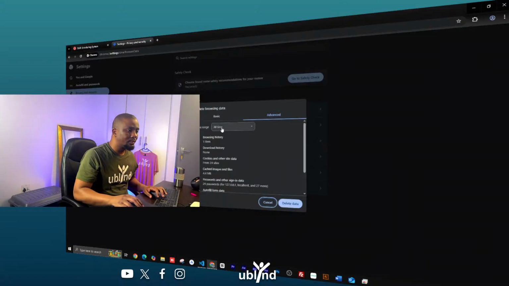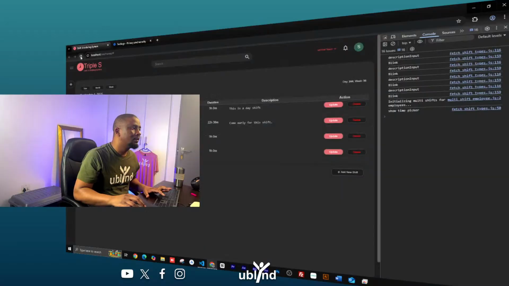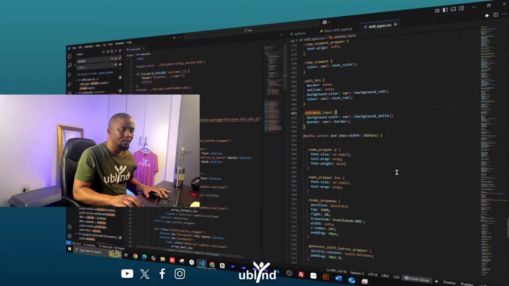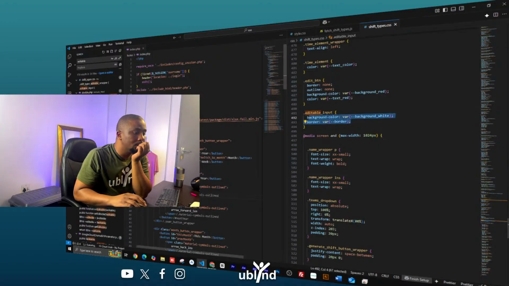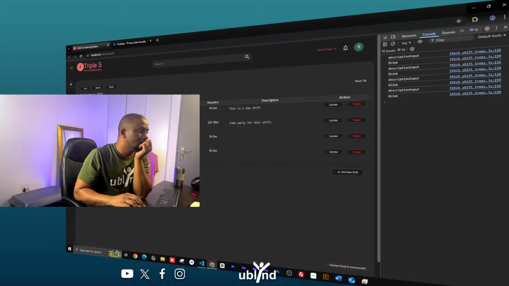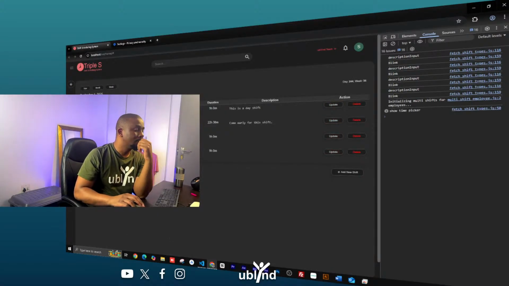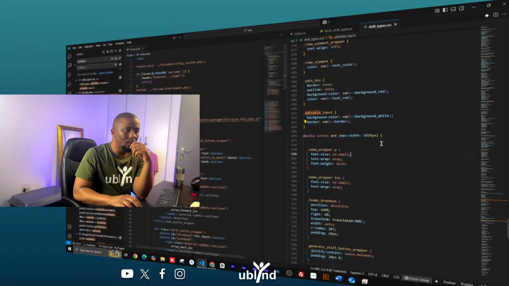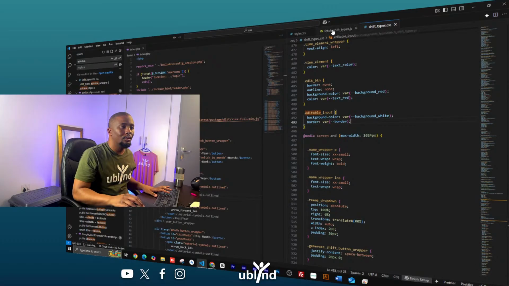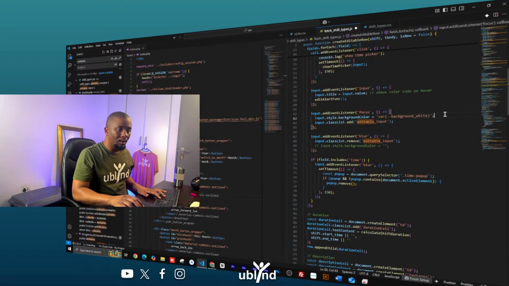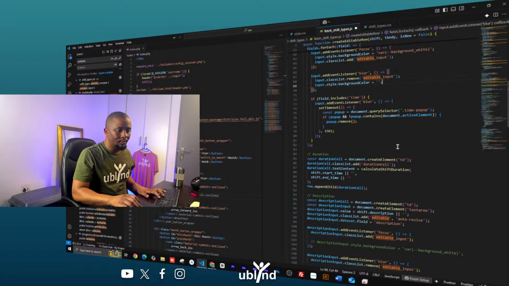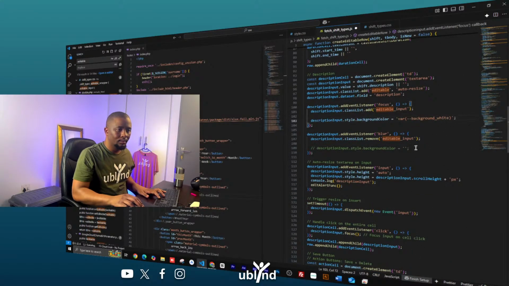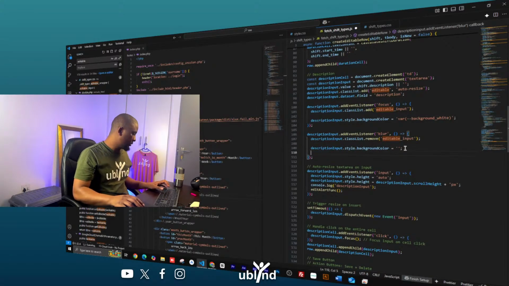Something is not doing it. Otherwise we have to do all of this in JavaScript if it doesn't work with CSS. It doesn't want to work with CSS. So we will do it twice. We'll have it here, also there. And then we're gonna go description,